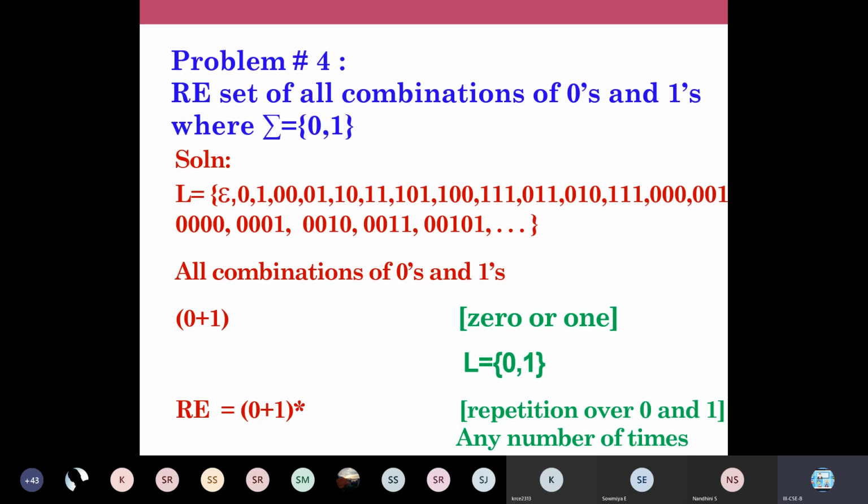Okay, 0001. If I want to derive this string, I will apply your regular expression like this. For the first occurrence, I'll take 0. Since there is a star, once again in the second occurrence, I'll take the 0. In the third occurrence also, I'll take the 0. And then in the fourth occurrence, I'll take the 1. Okay. So a star denotes a number of occurrences. So I can repeat any number of times. And every time I'm repeating, I can pick any one of these symbols. Okay. So that is the logic of this particular expression.